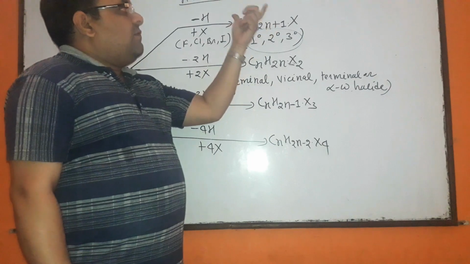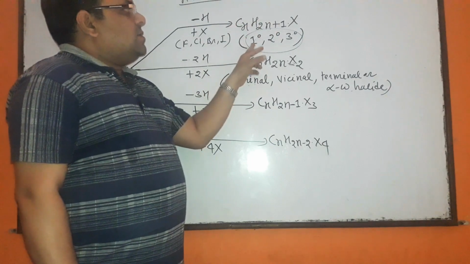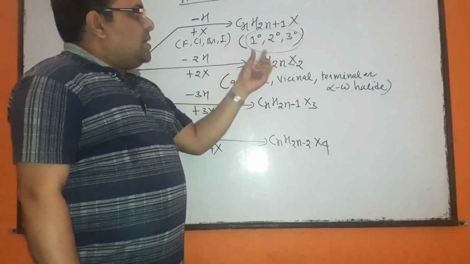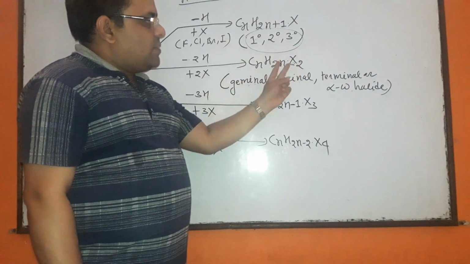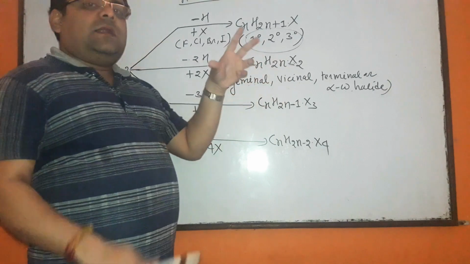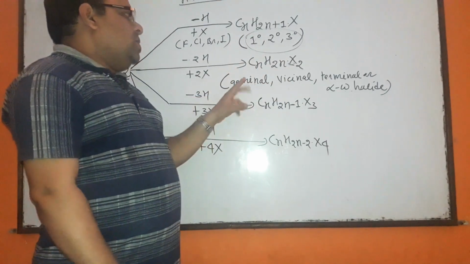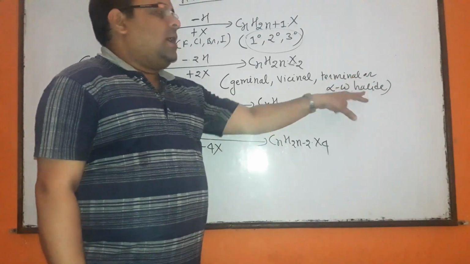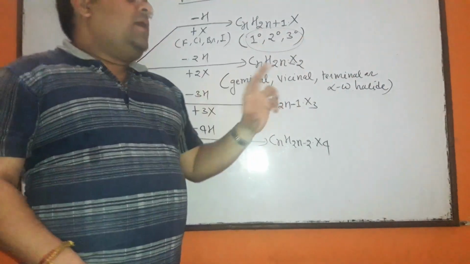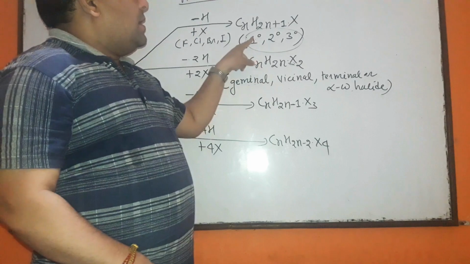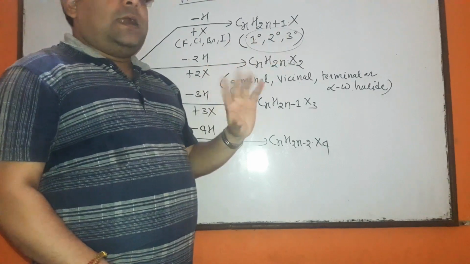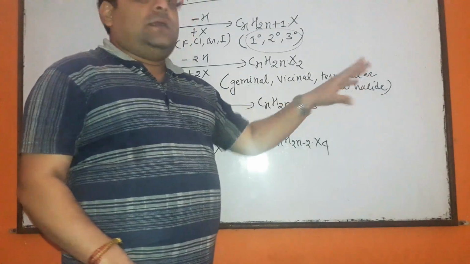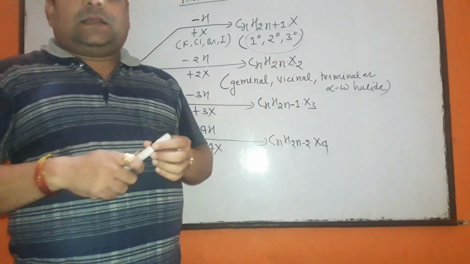Monohalogen derivative can be further classified into three categories on the basis of degree of carbon atom: primary, secondary and tertiary. And similarly on the basis of position of two halogen element, dihalogen derivative can also be divided into three categories: geminal, vicinal and terminal or alpha omega halide. सो अपने नेक्स्ट वीडियो लेक्चर में मैं इनके बारे में डिटेल में एक्सप्लेन करूंगा, व्हाट आर प्राइमरी, सेकेंडरी एंड टर्शियरी अल्काइल हैलाइड एंड व्हाट आर जेमिनल, विकिनल, टर्मिनल और अल्फा ओमेगा हैलाइड। विद एग्जाम्पल इसको आपको समझाया जाएगा और इसको